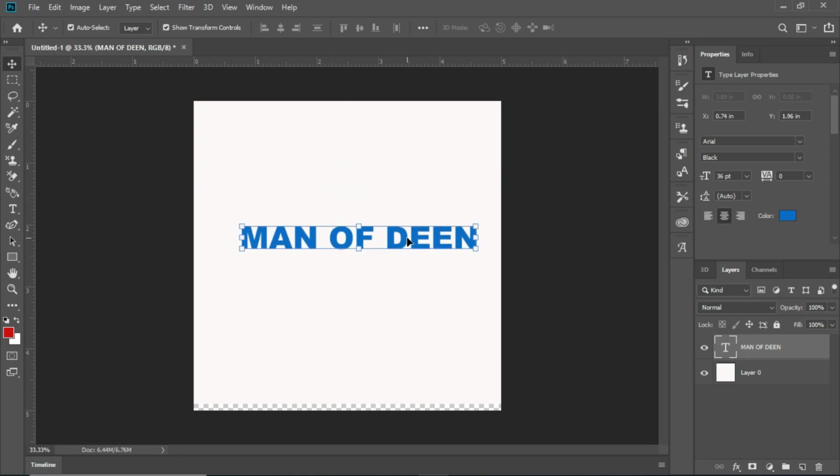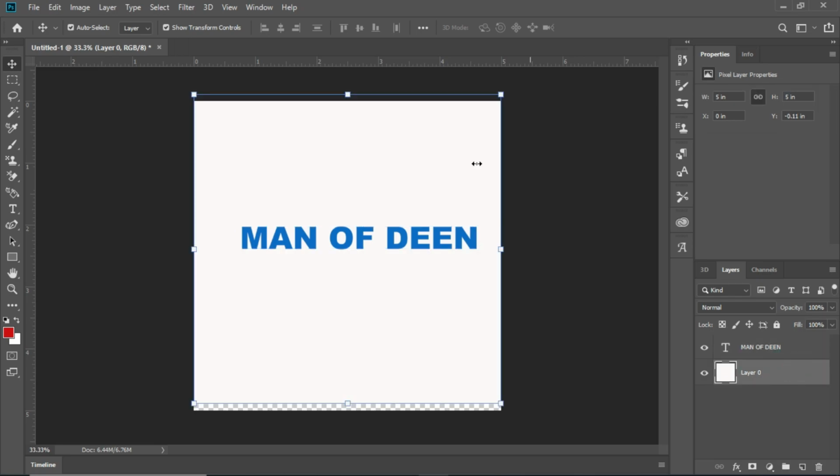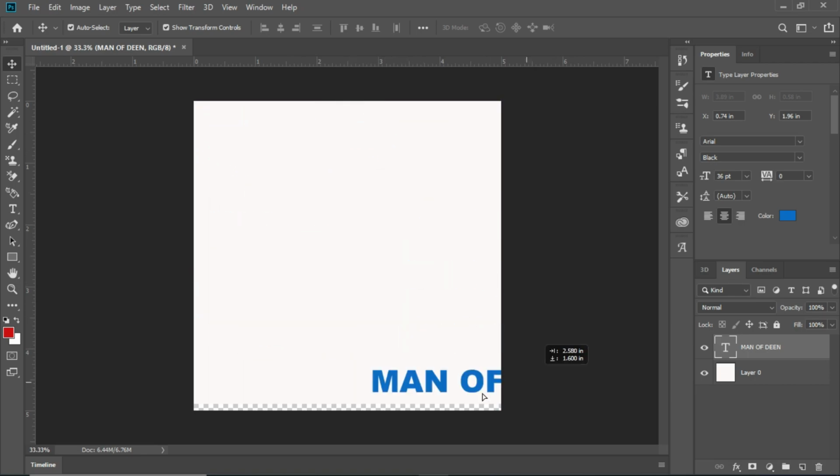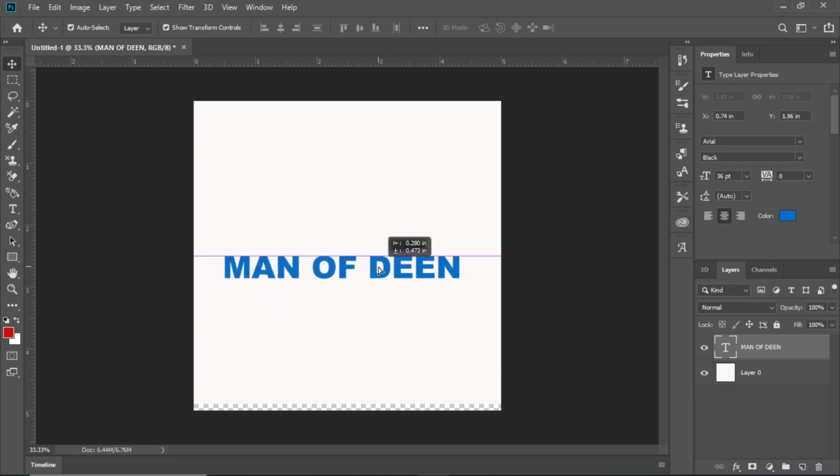So now we can move any of these layers, but before that you have to select. If I want to move this text, I have to make sure that the selected layer is the text before I can move. You have to click and hold down to move. Alright,